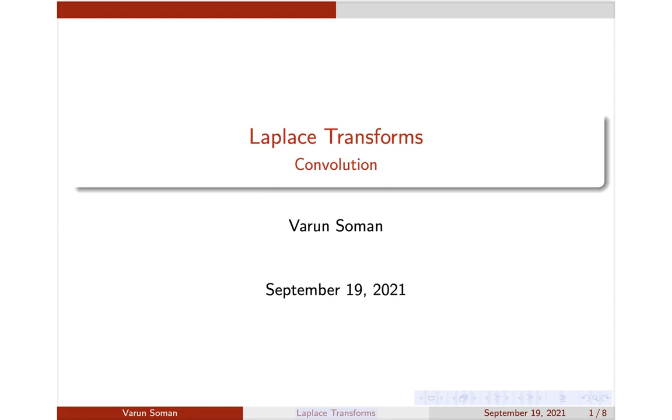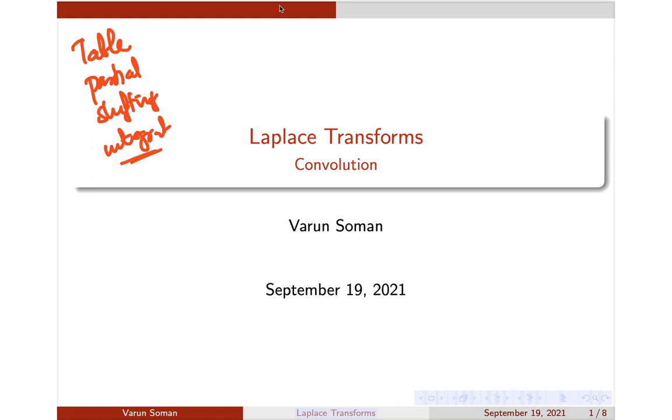So how many methods do you know to find the inverse transform? One method is you can use the table. Another method is you can use partial fractions. Another method is you can use the shifting theorem, the first shifting theorem. And another method is you can use integration, the integral property. So these things we have discussed earlier. We'll now discuss a new technique to ease the process. You can use any of the methods before also, but we'll discuss this now.